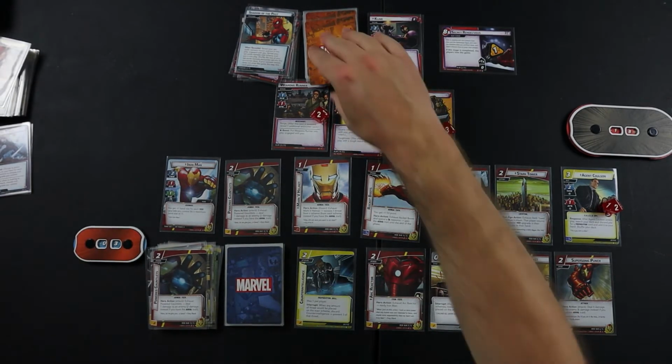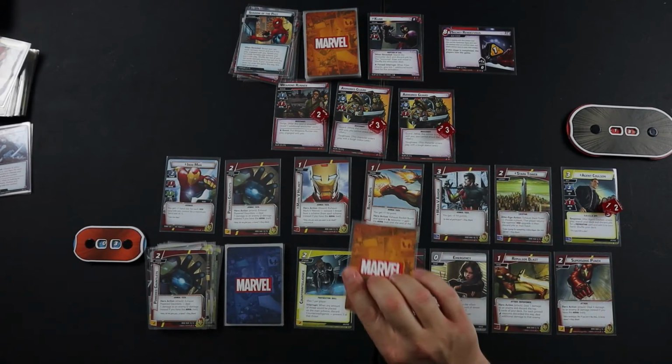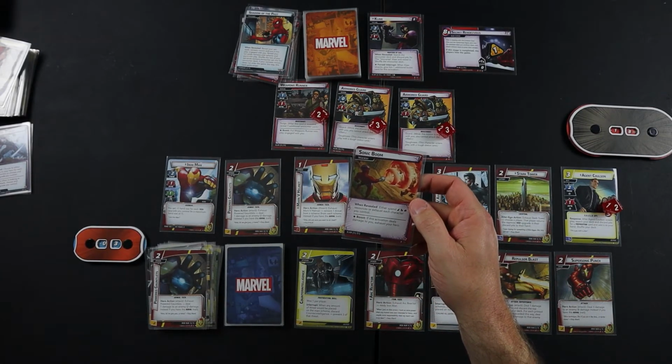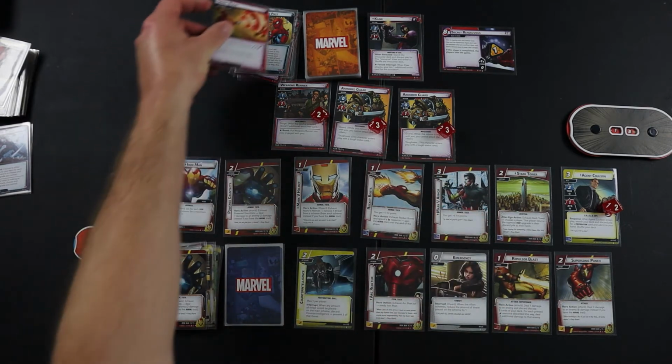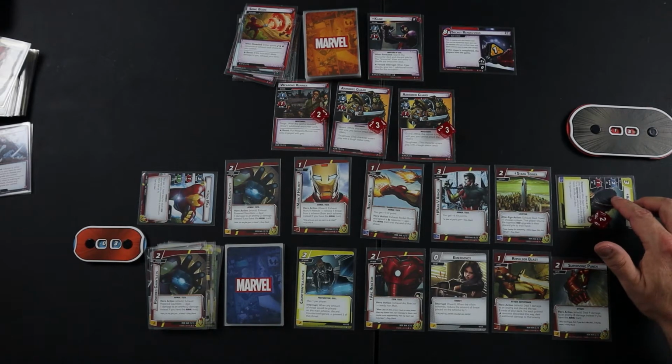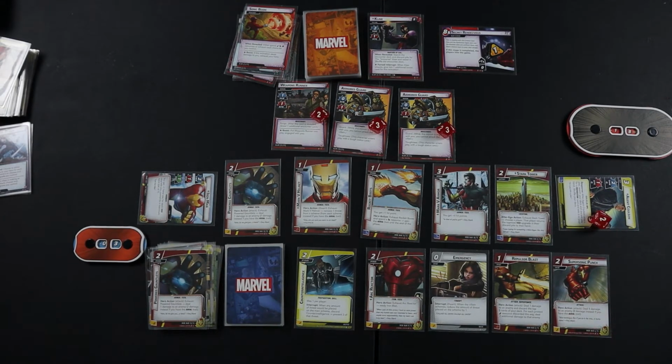Okay, and the encounter card, if it's an attack, Agent Coulson's going to take it. And the encounter card is Sonic Boom. Either spend those resources or exhaust each character you control. I'll just exhaust each character I control because I want to do some stuff this turn. I can't spend the resources anyway. All right, so back to